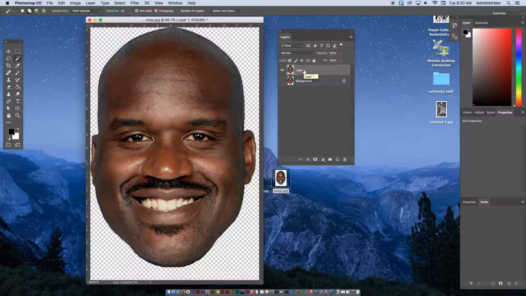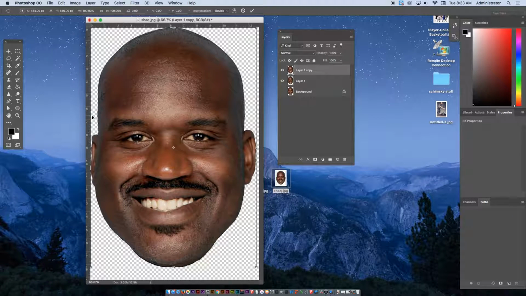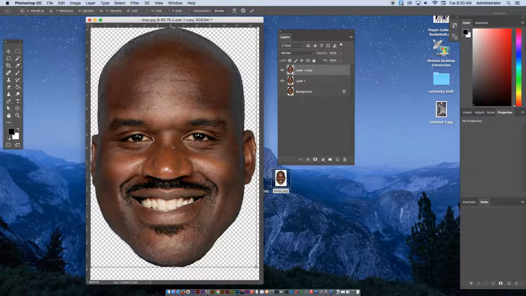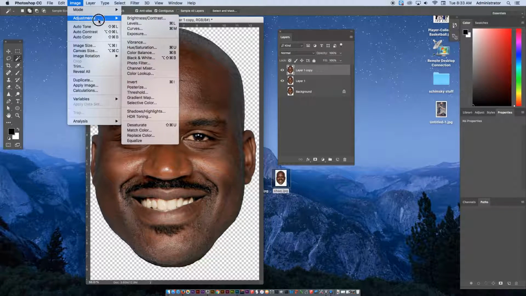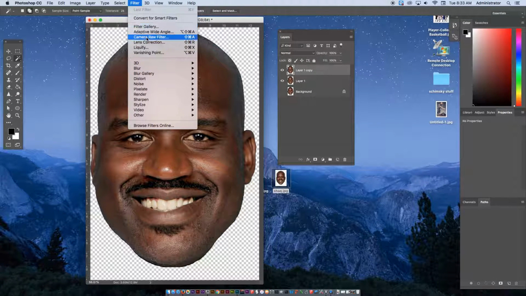Now what you're going to do to layer 1 is copy it, and then on this first copy, you're going to make a change. What kind of change can you make? Well, first of all, you can do an Edit, Free Transform change. So you could right click, warp, perspective, distort, skew, rotate, scale, any of that stuff would be fine. What else could I do? I could go to Image Adjustments and do any kind of highlight or color change using any of these settings as well. And the last and final new piece that we talked about in class was using the Liquify tool. So if you go to Filter and Liquify,